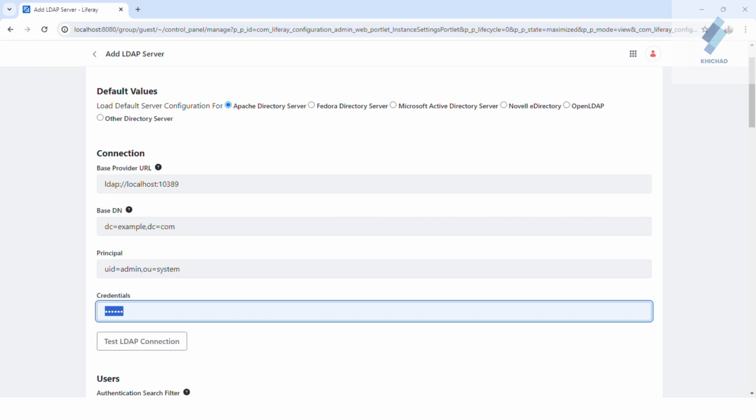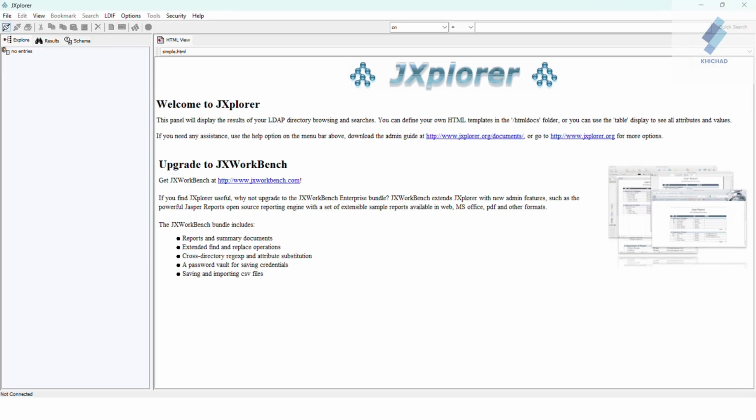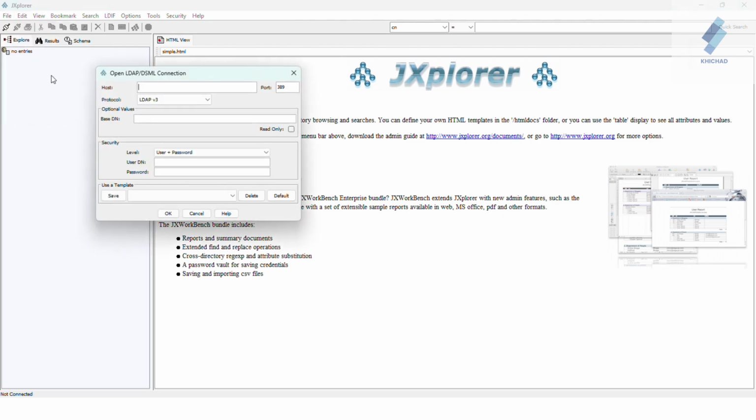So I just open JXplorer and connect with the LDAP server. Click file and connect and provide the login credentials. So I just give the localhost name and give the port number.